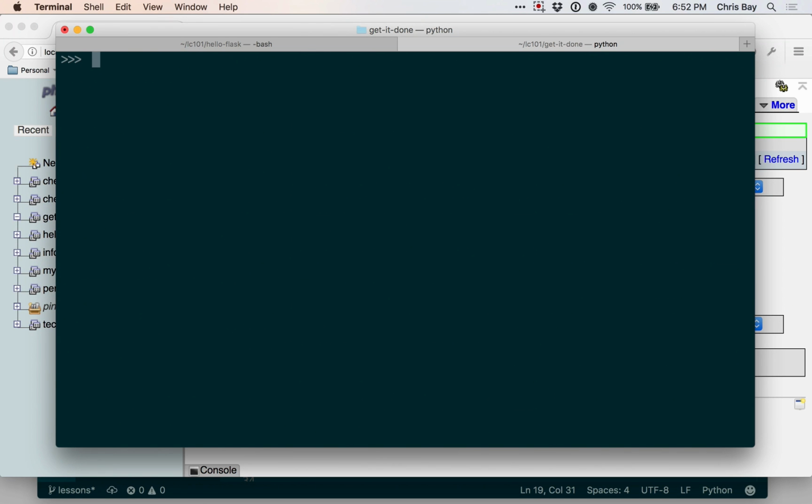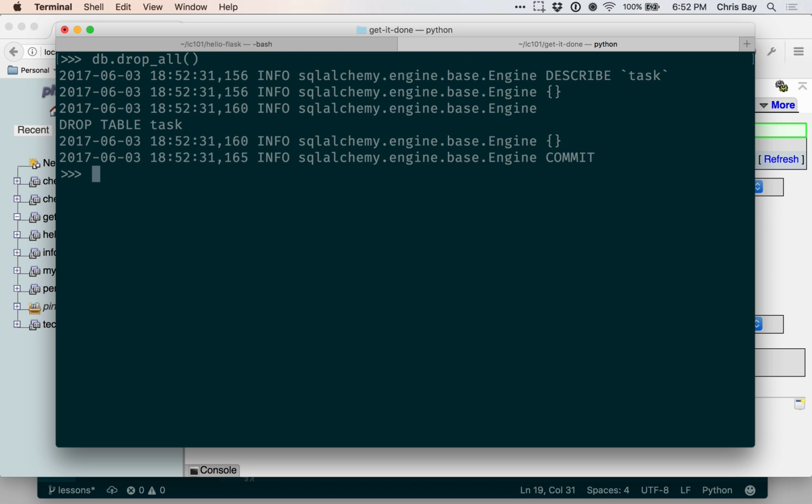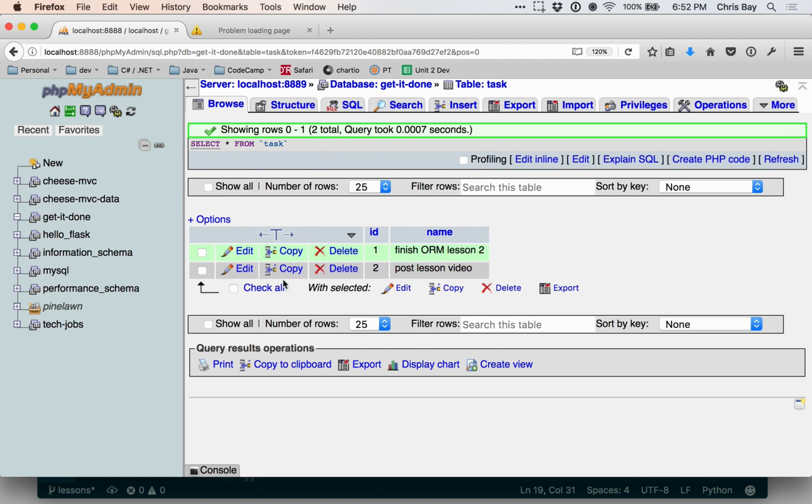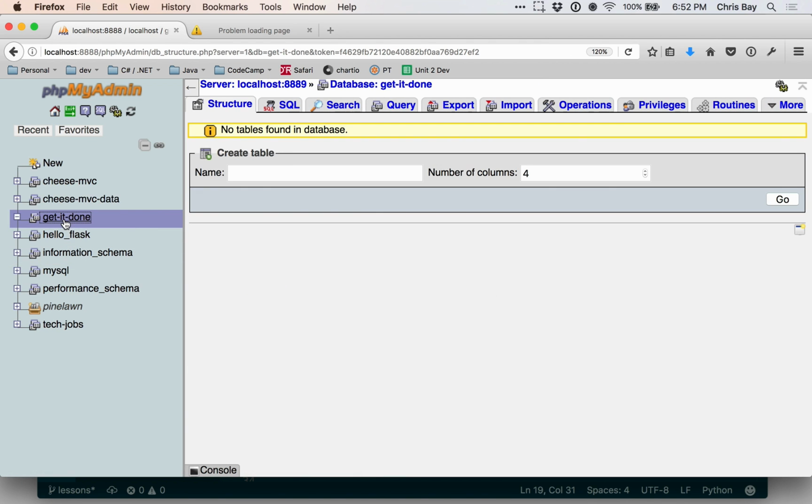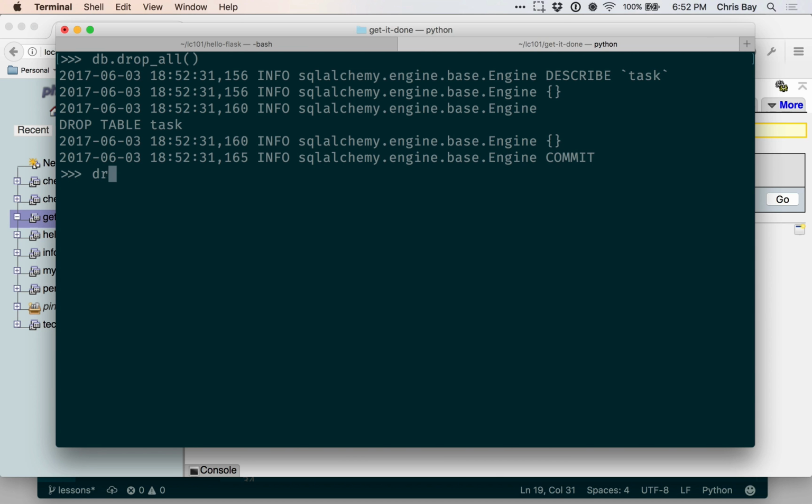So similar to createAll, there's a db.dropAll. That will drop all of the data in your database, or all the tables in your database. Basically, it'll just wipe them all away. So if I do that, and I come back here and go to my Get It Done database, I have, once again, as when we started, no tables found in the database. However, now if I do db.createAll,